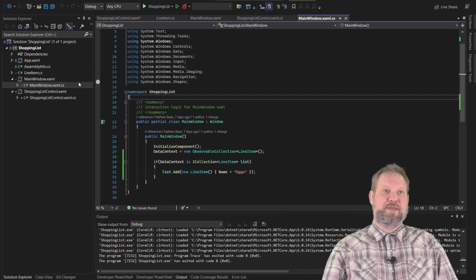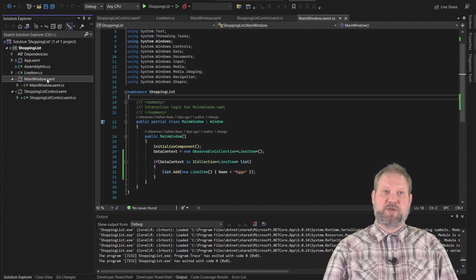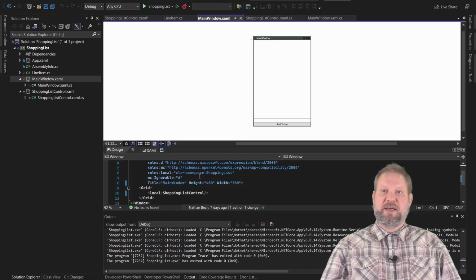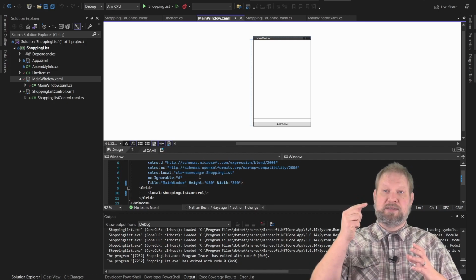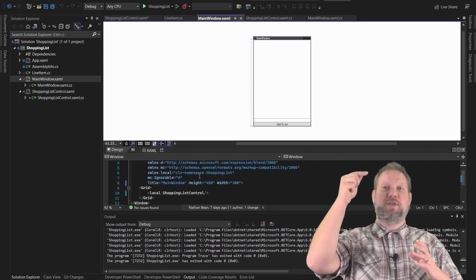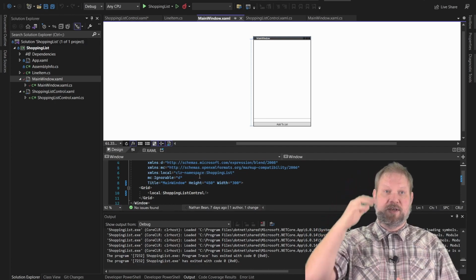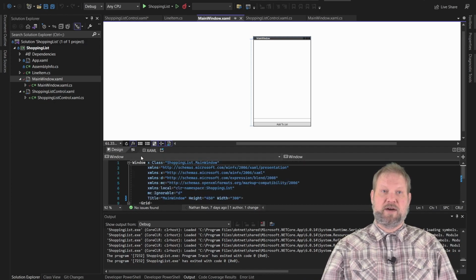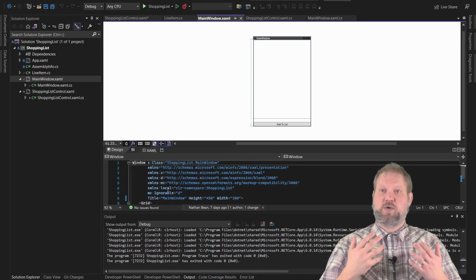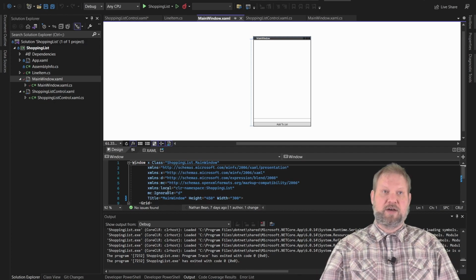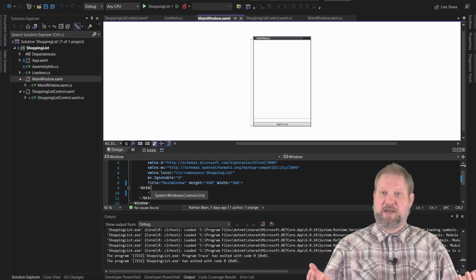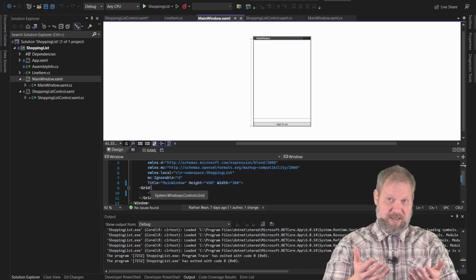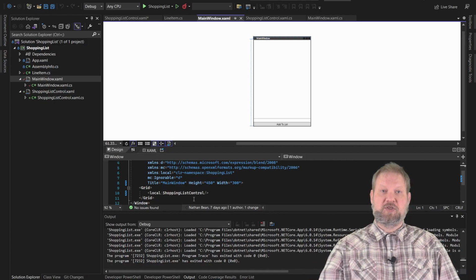Now, with the elements tree, there's another element to the data context, and that is basically if we don't set a data context, a component will use its parent's data context. And if that one doesn't have a data context, it will use its parent's data context all the way up the tree. So at this point, we have declared in our main window that the data context is going to be that collection of line items, which then our grid does not change what its data context is, so it gets that same data context, and its child, the shopping list control,